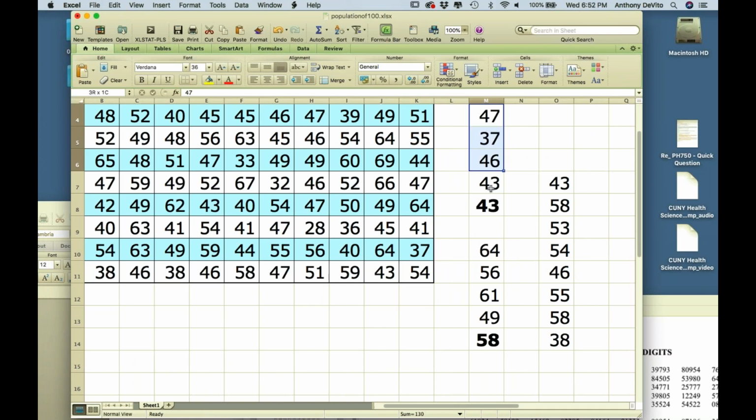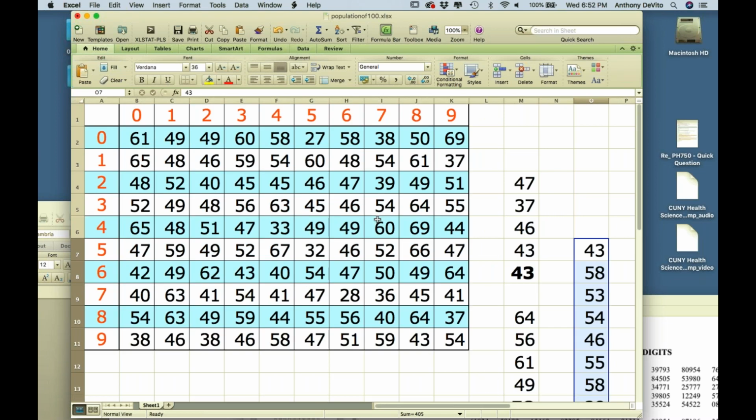So these happen to be a couple of the calculations that I did. I took four numbers from this population, averaged them, and moved it over here. Four numbers, averaged them, moved it over there. That's my repeated samples. So this is my new distribution. This is my sample mean distribution. This is the distribution of sample means, means of samples of the same size taken from a population. And this is my population.